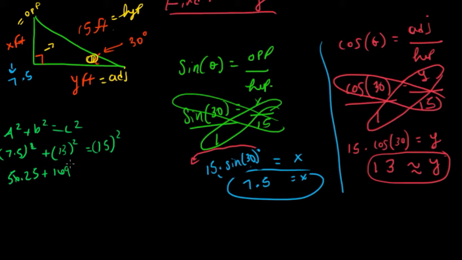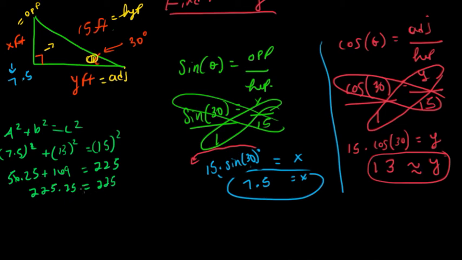Now when I add these together, 56.25 plus 169, well, let's combine it in a minute here. Let's go ahead and get this side. 15 squared will give me 225, and 56.25 plus 169 will give me 225.25, which is equal to